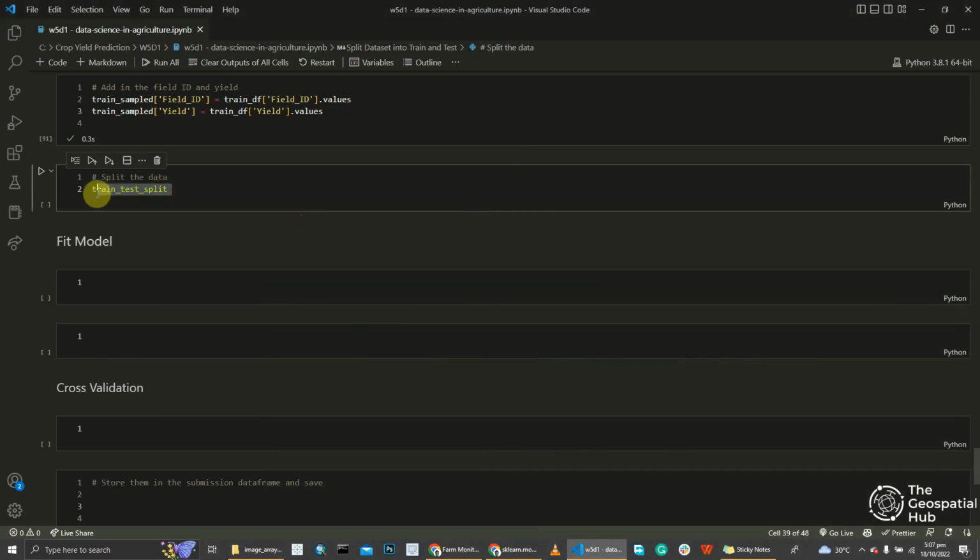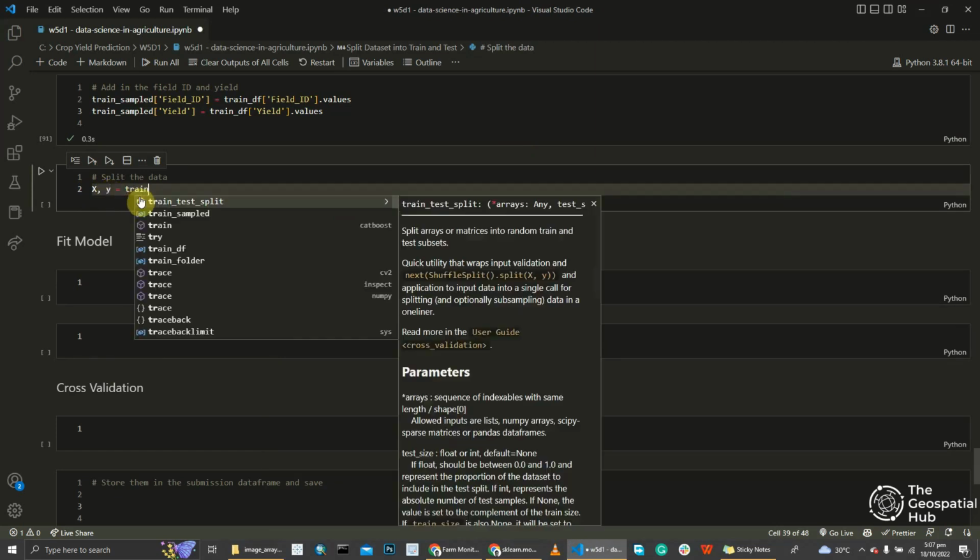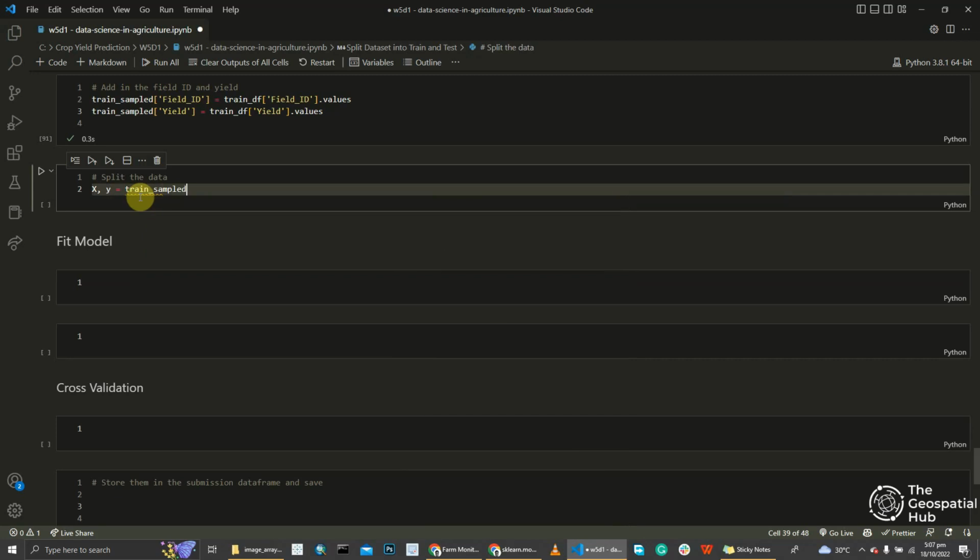So we're using train test split. I'll just remove this. One thing you could define is X and Y. Your X is your train data, which are the independent variables, and Y is the dependent variable. I hope I got that right, but X are the variables which you use in predicting Y. That is, X are your NDVI, your EVI, the pixel values you are picking, and then Y is the yield itself. So say train sample,